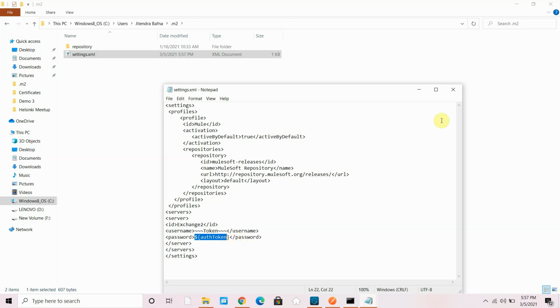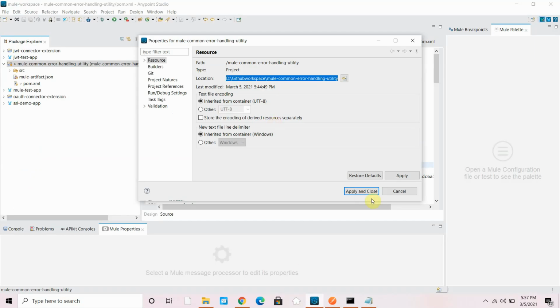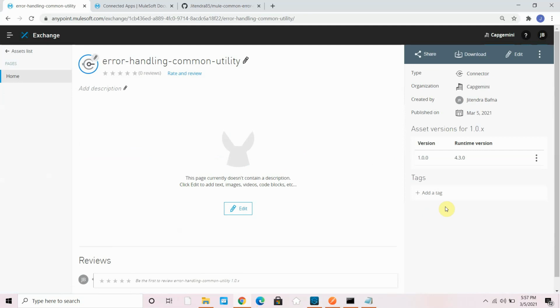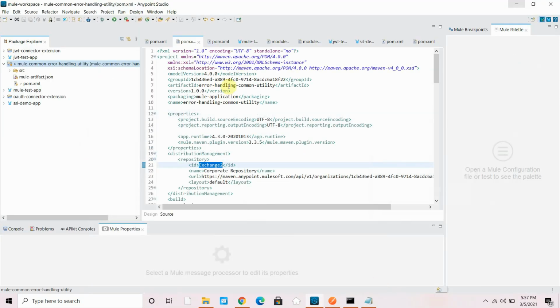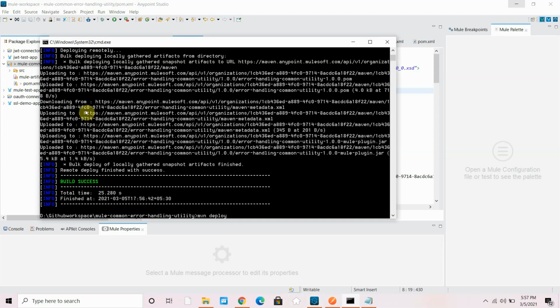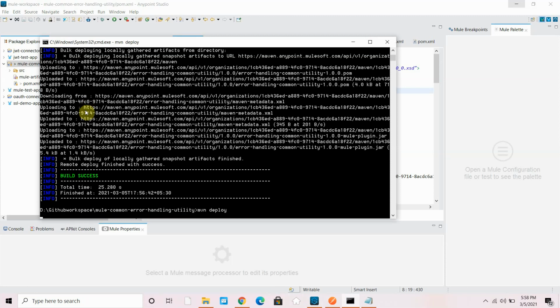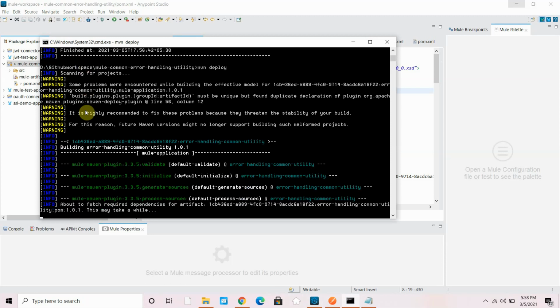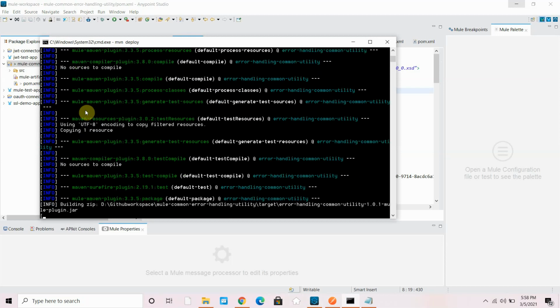I will save it. Okay, now what I have to do, I currently, if you see, I have a version 1.0.1, 1.0.0. So I will change my version to 1.0.1. I will save it, then mv and deploy. Now I can pass -d. If I do this directly, it will give 401. Let's check. It should give 401 or some error, unauthorized.